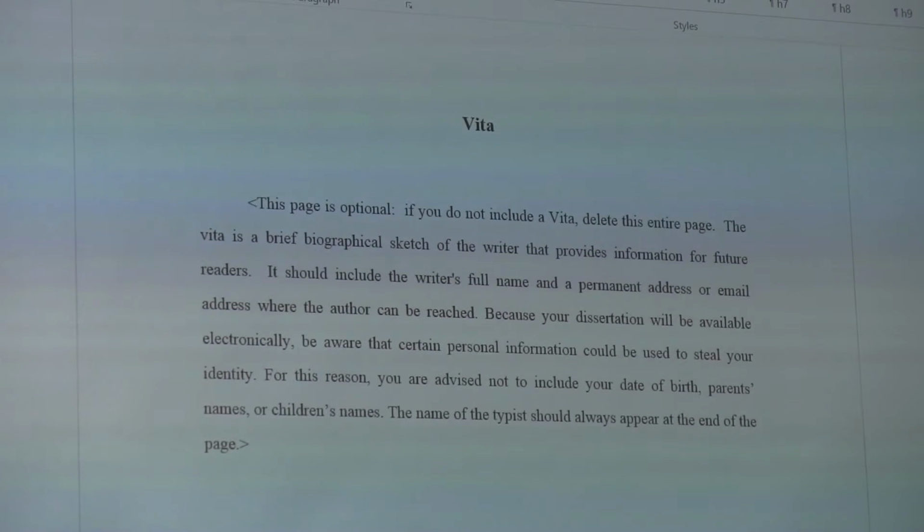If you do have a Vita, give some thought to what you put in there and don't use information that is typically used as security questions. Like don't put your mom's maiden name, your first pet's name, that kind of thing. Once your document is published to the library, anybody in the world can see it, and people do go through and mine these things for data theft purposes. It's happened before, which is why the Vita page is now optional. So if you have any concerns about it, you don't have to do it at all.